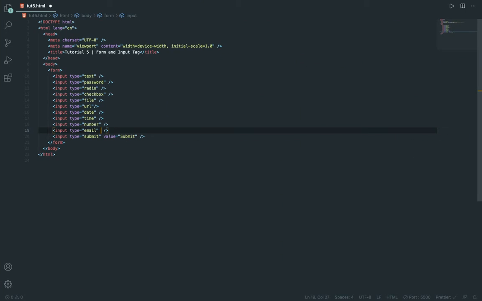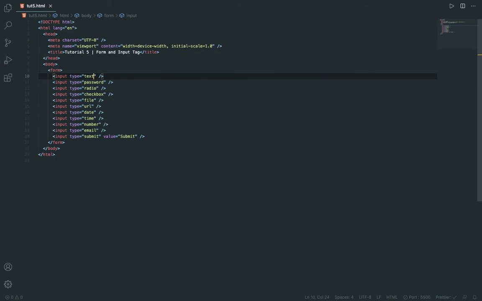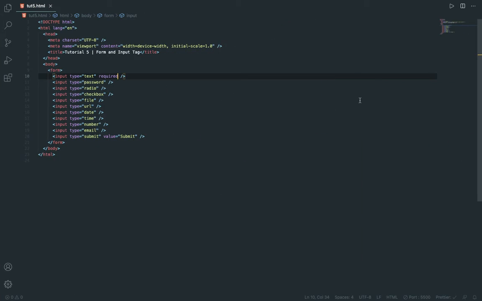Now let's talk about some of the attributes here. Input type submit is very useful. Inside this, if I just submit it, it is going to submit nowhere right now. But everything is empty also, and if I type required, and now if I click on submit, it says please fill in this field, and according to that field it will do. So after required, you also get something, let me show you.